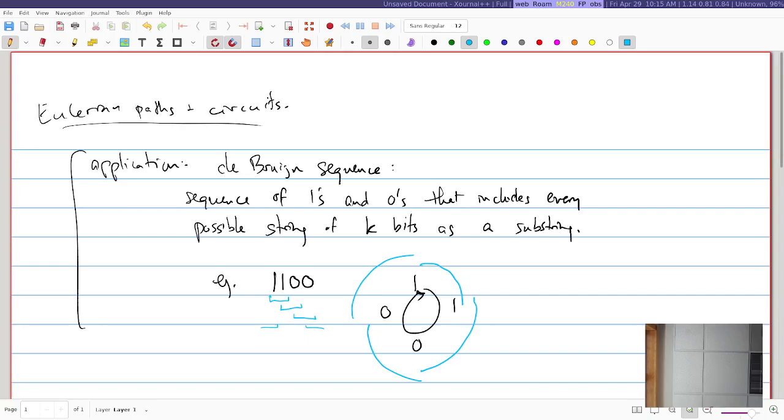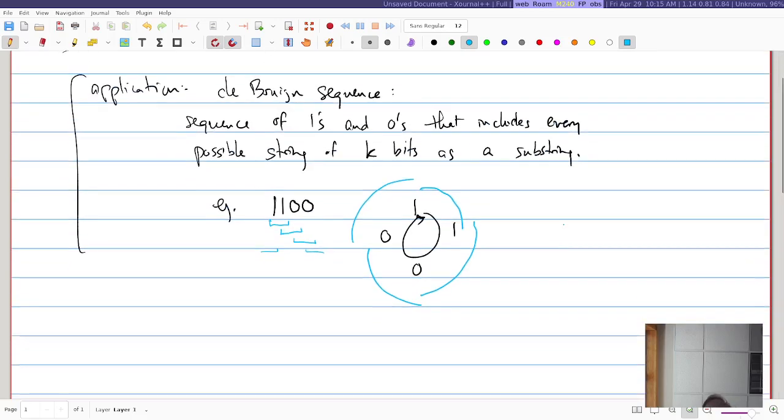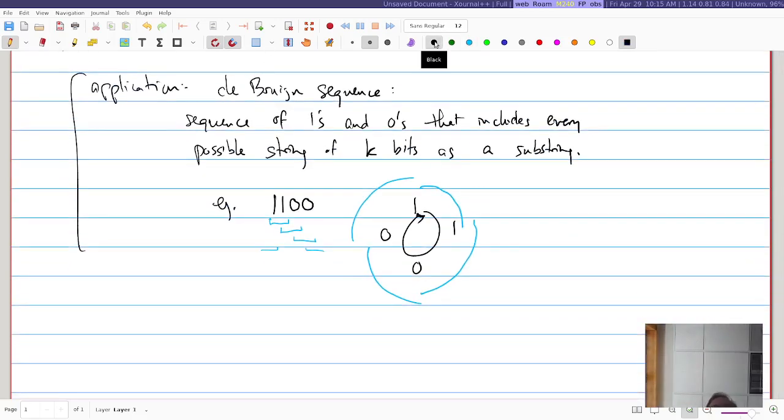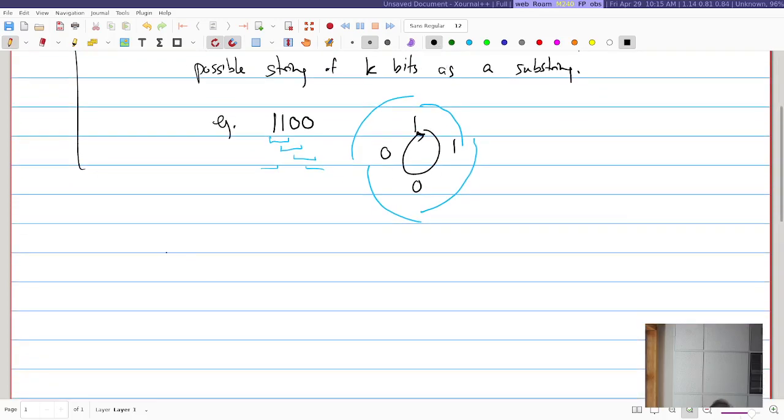And why would you want this? Well, if you need to try out every possible sequence of bits, this gives you a more efficient way to do it. So you don't have to regenerate the whole thing from scratch every time. Each time you just go to the next bit and throw away the oldest bit and you've now got your new sequence. There's other things that this is used for. And the question is, how would you come up with something like this? Well, if we think about a graph, so the graph with vertices,